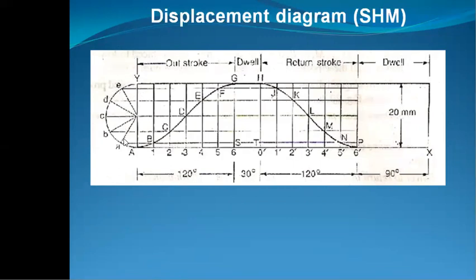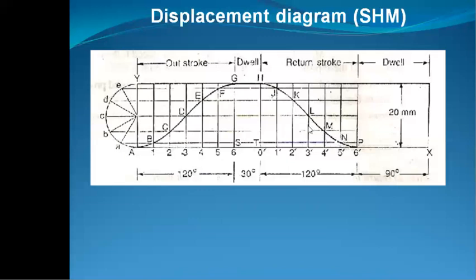And here, from each point of the semicircle, draw horizontal lines to intersect the various vertical lines of the outstroke and return stroke. So by taking A, intersecting the first line 1 at point B, and the second horizontal line at point C, and similarly points D, E, F, G, and similarly here also in the return stroke, mark all the points